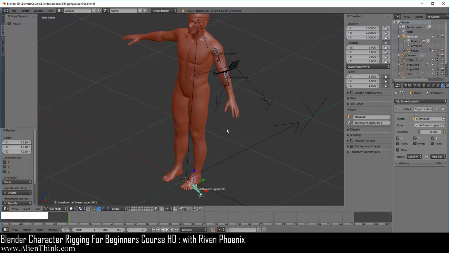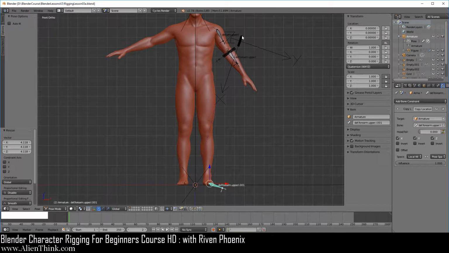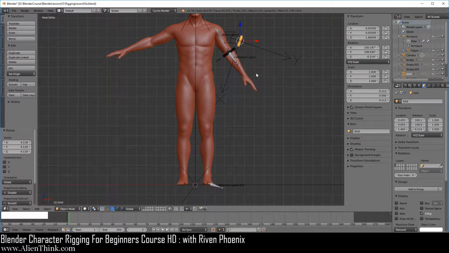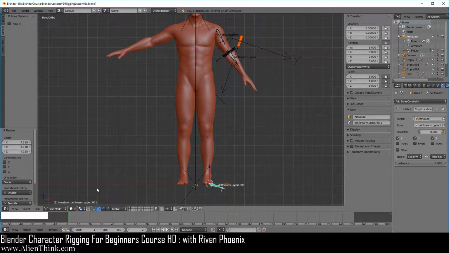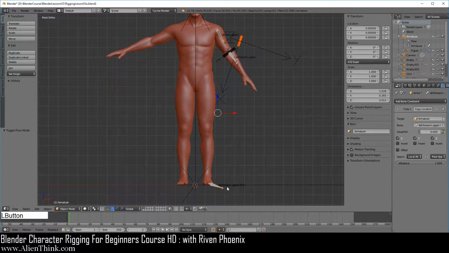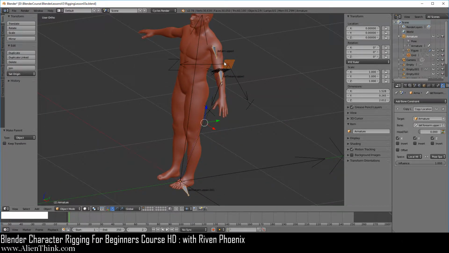Okay, so now some of these things are not going to stay aligned. It's because they're not the child of the armature. So to ensure that this happens, we know that this over here needs to be at least the child of the armature, so it travels with it. So having this grid selected, press the Shift key down over here in the outliner and click on the armature, and here I'm just going to switch this to object mode, and here we're going to do Control P, and we're just going to say object.